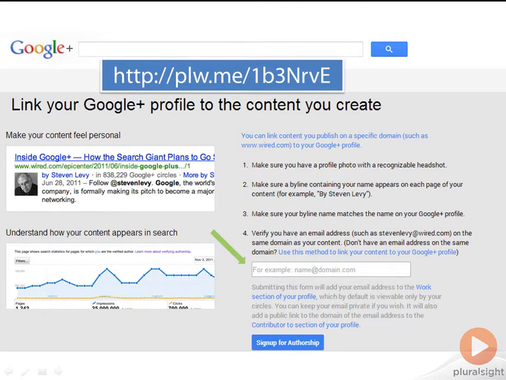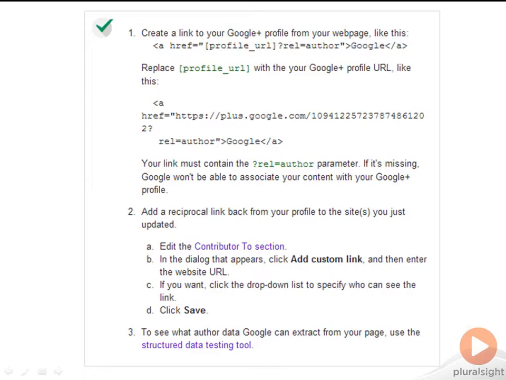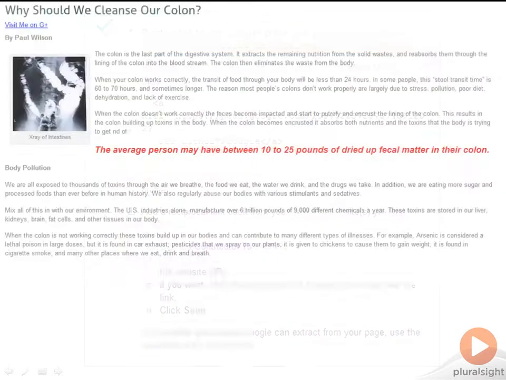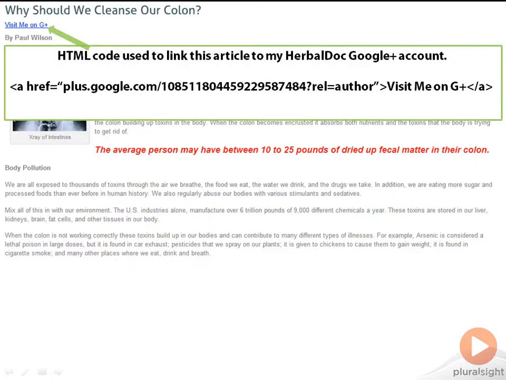The second method might be easier, particularly if you write for a vast amount of websites. Here are the instructions Google offers. The HTML I show here, I would add to every article I would want my authorship applied to. If I were to do this for HerbalDoc, I would add on my colon article a link to my HerbalDoc Google Plus page. Once I have this link added, I can then go to my Google Plus profile, and in